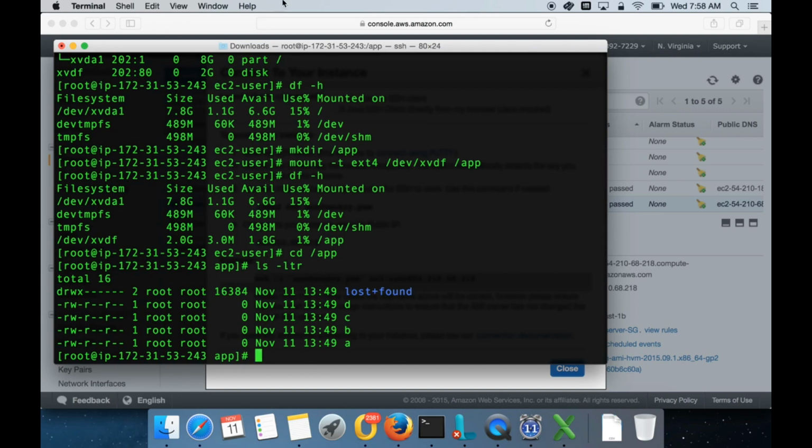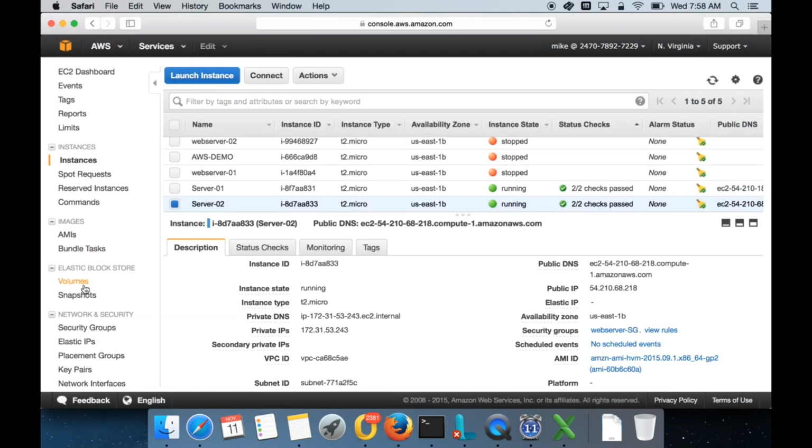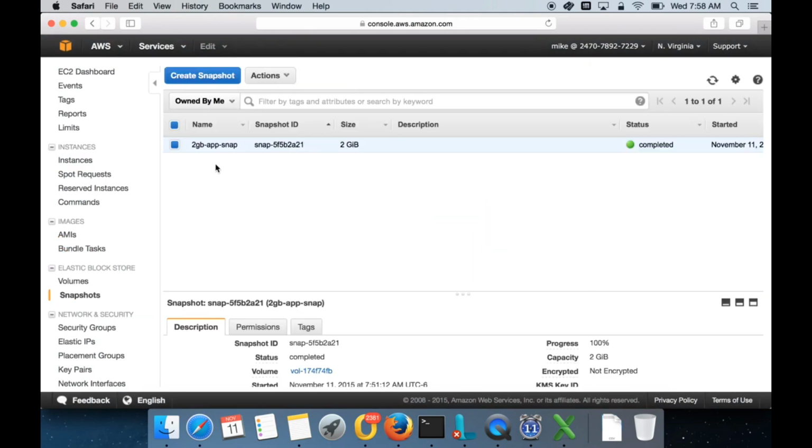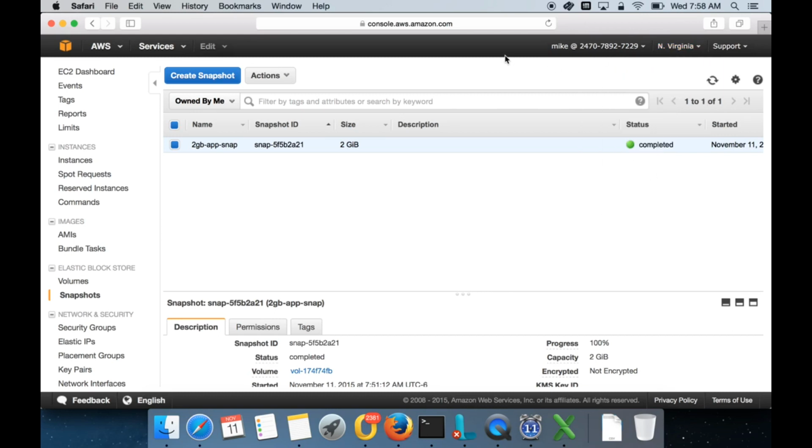So easy, right? And another thing I would like to talk about here is, hey, I have a snapshot, but I want to use the snapshot on a server which is in another region, not in North Virginia, maybe in California or somewhere. How do I do that? You can already use the snapshot to create a volume and choose any availability zone. So within North Virginia, if you have A, B, C, D, 4 availability zones, you can move that. You can create a volume anywhere. But